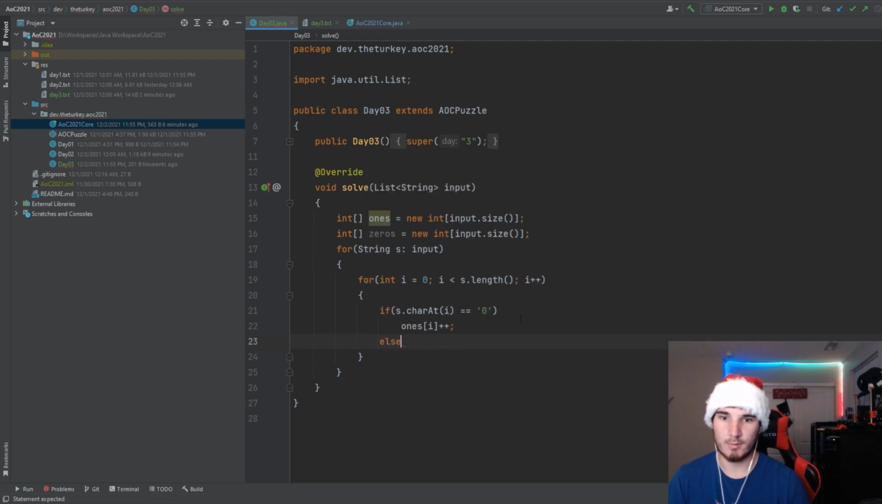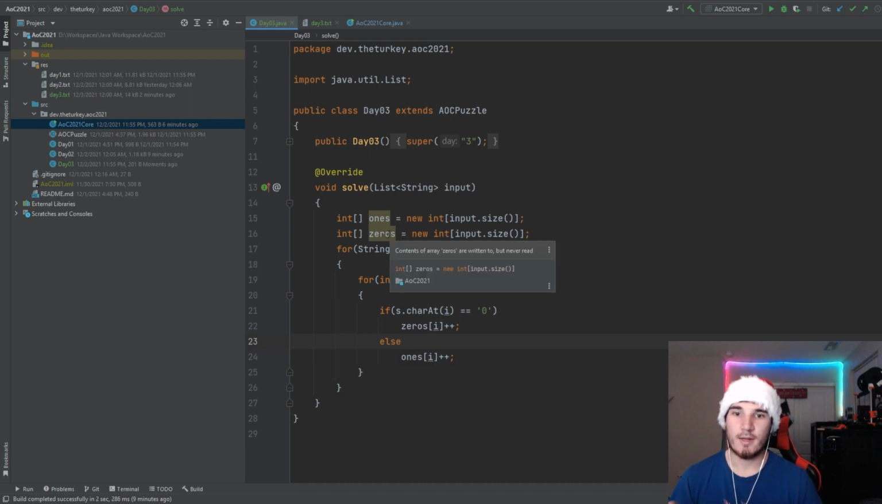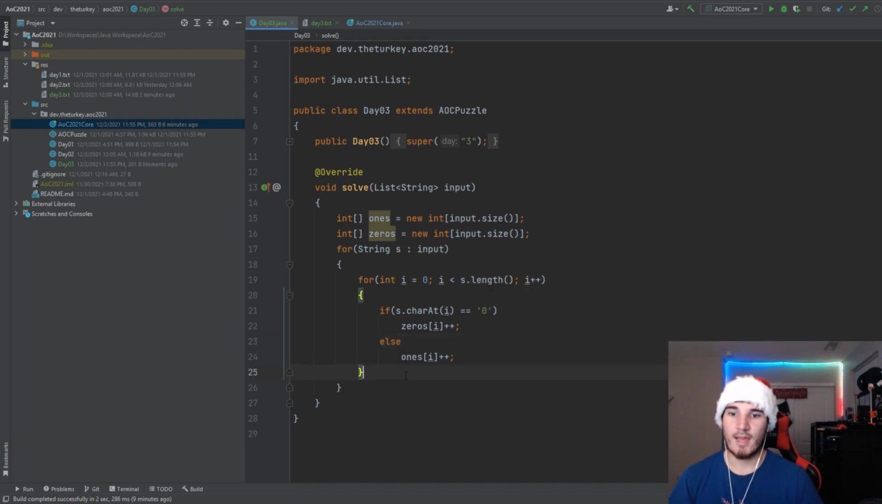Otherwise, we will be doing 0s. Oh, sorry, this is 0s, this is 1s. There we go. This will then increase them, go through, and at the end, we just need to go through and figure out which one is which. So